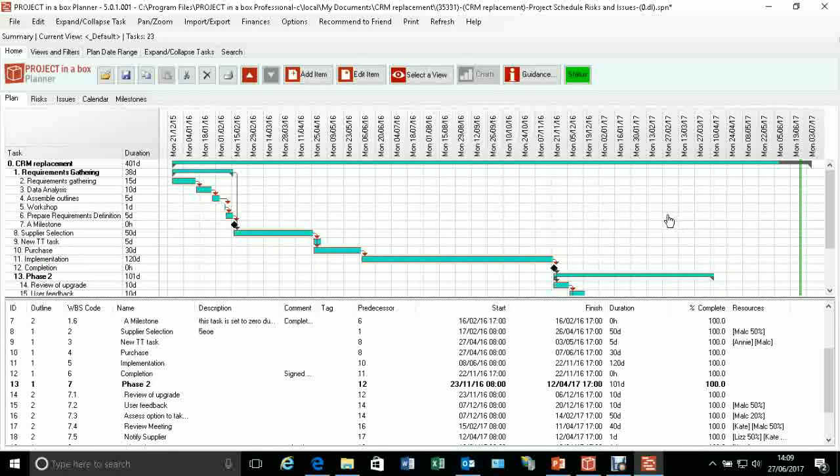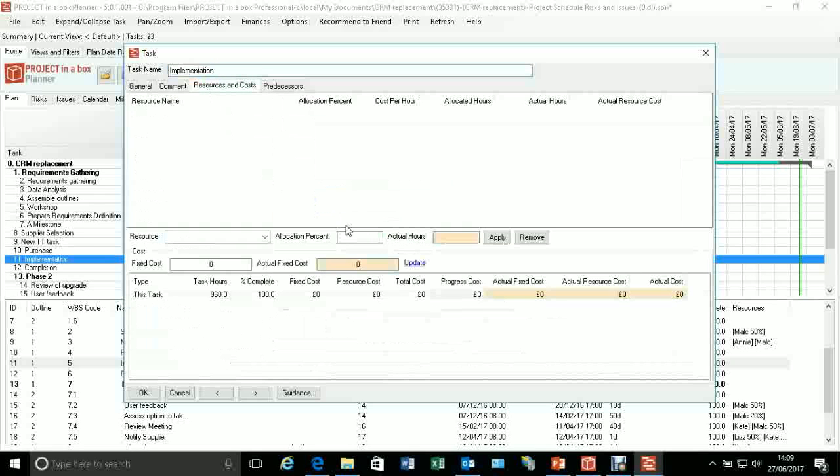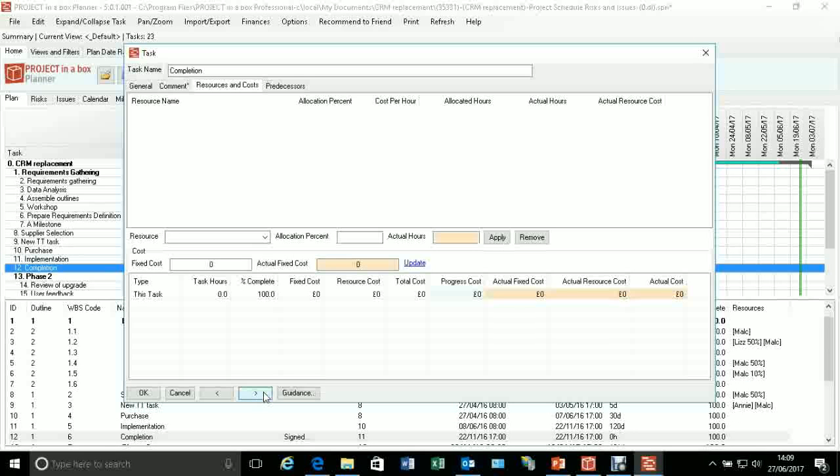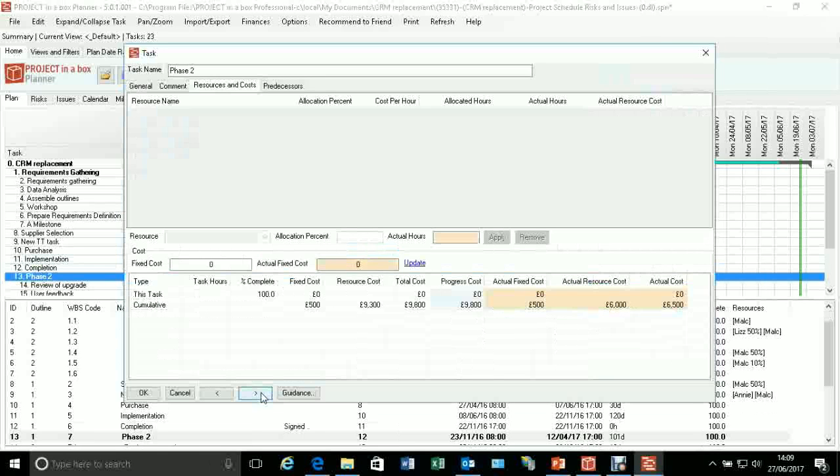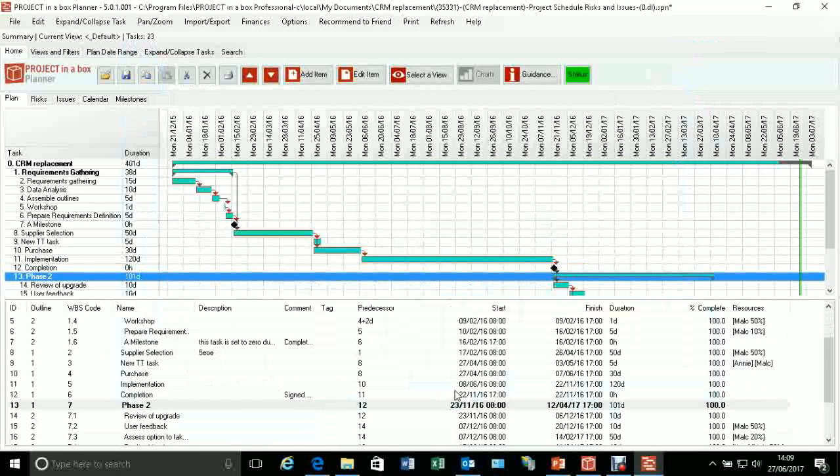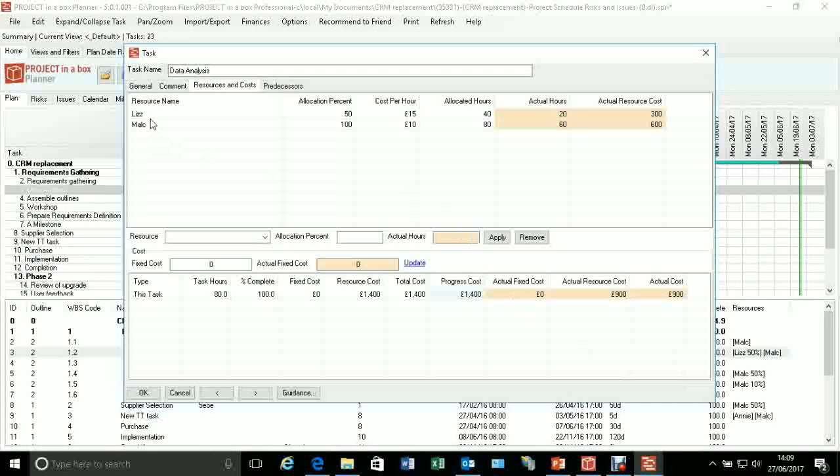We're also collecting and rolling up some other statistics out of our planner files. So we can collect costing information against the tasks. In this particular project, we've set people on as resources. This picked task doesn't have any, so let's go and pick a different one here. So here we've got 2 people set on this task, different allocations of time, with a cost per hour rating, and therefore they've got a certain amount of allocated hours which they're expected to spend to deliver that. Now we can then record actual hours, and that's obviously multiplied by the cost to give an actual resource cost, and we're therefore calculating these stats down here, which we have done for quite some time in Planner,